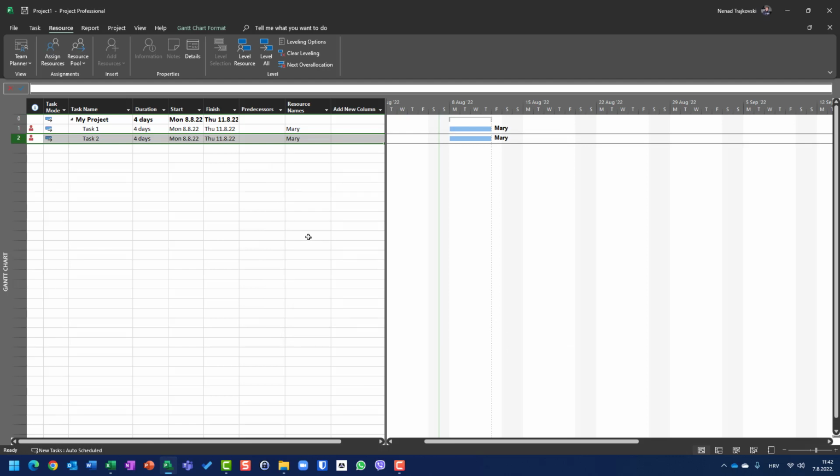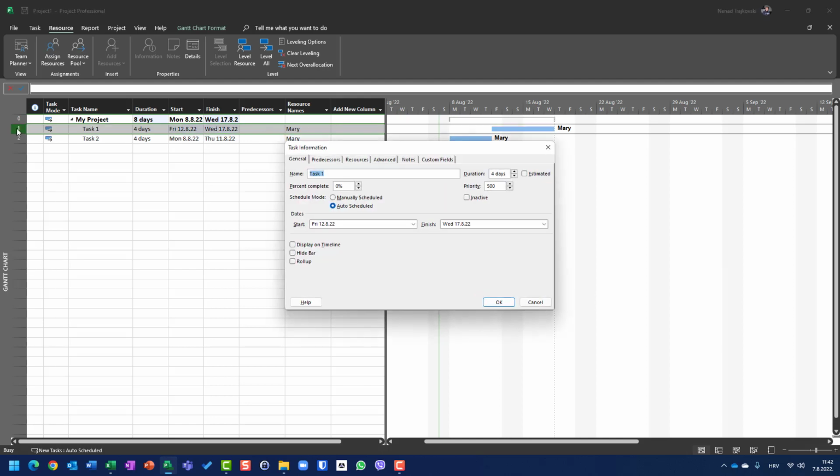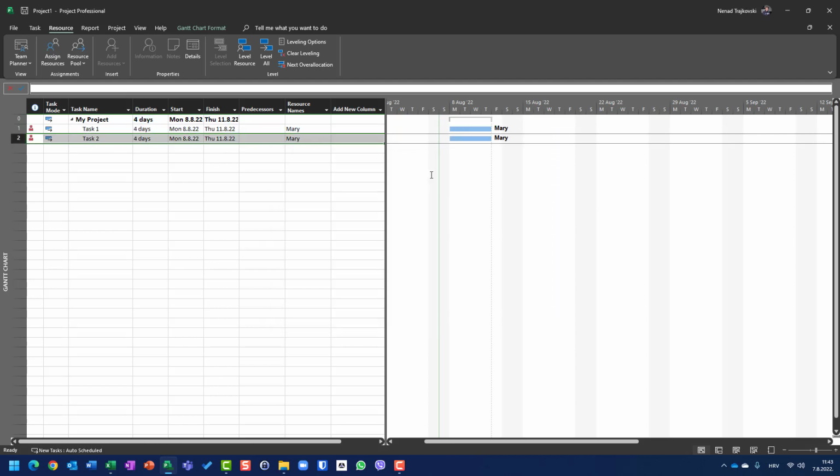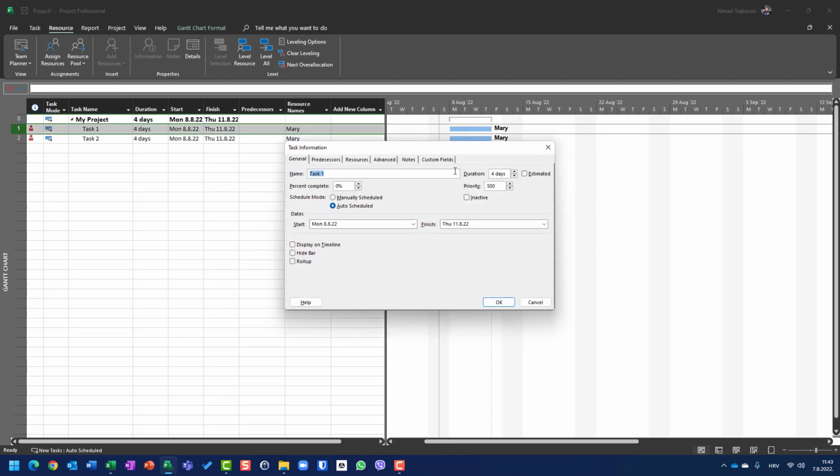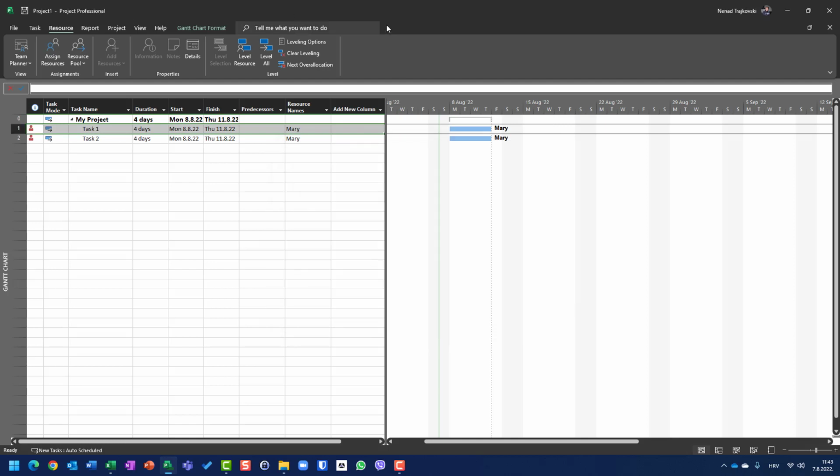It has high priority and it cannot be moved according to leveling. Let me level all, and you will see this one will be leveled because this one has priority 500. I can put 900. Let me undo here. I can put for this task priority 999. Okay, and when I click on level all, it is leveled because task 2 has priority 1000,